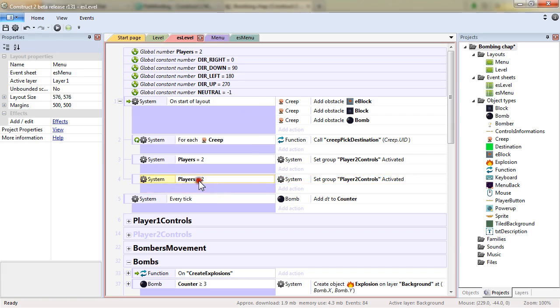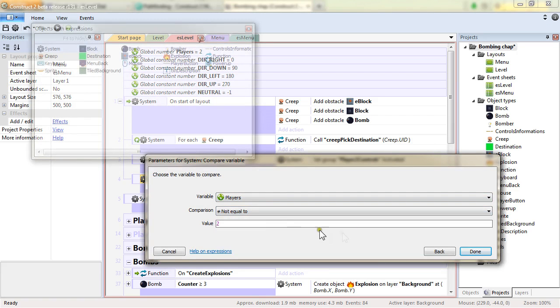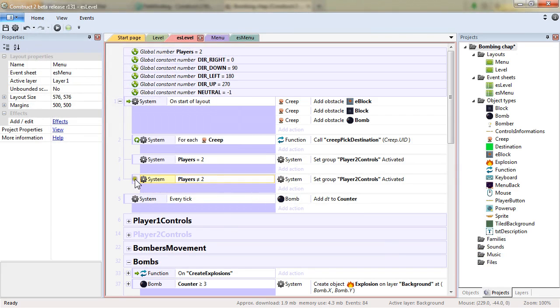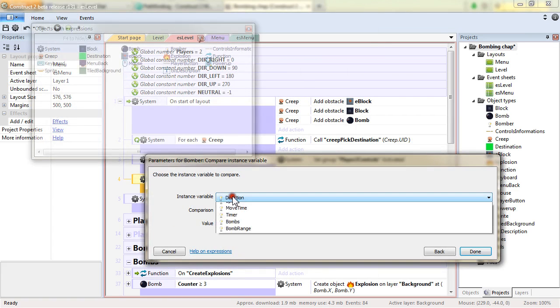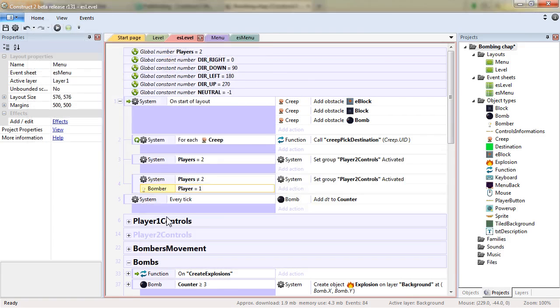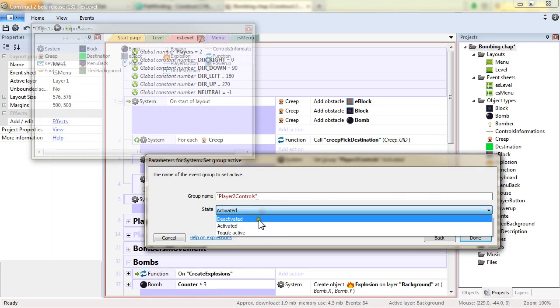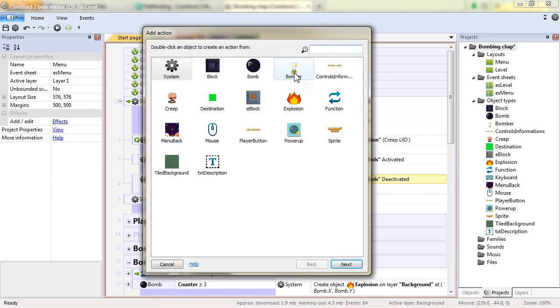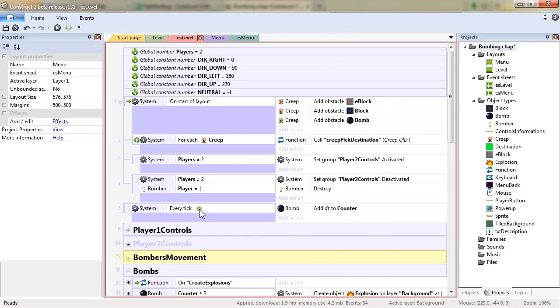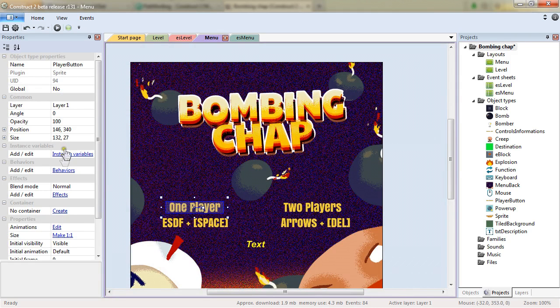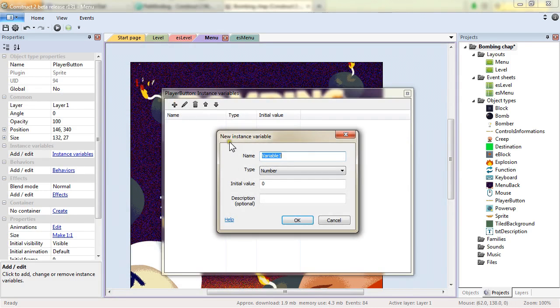And when the number of players is not equal to 2, and I also need to pick the player 1 bomber, I will deactivate that group and destroy the bomber, so it doesn't appear and isn't able to be controlled. That's it for now. And so go back into the menu, and there we'll be adding an instance variable